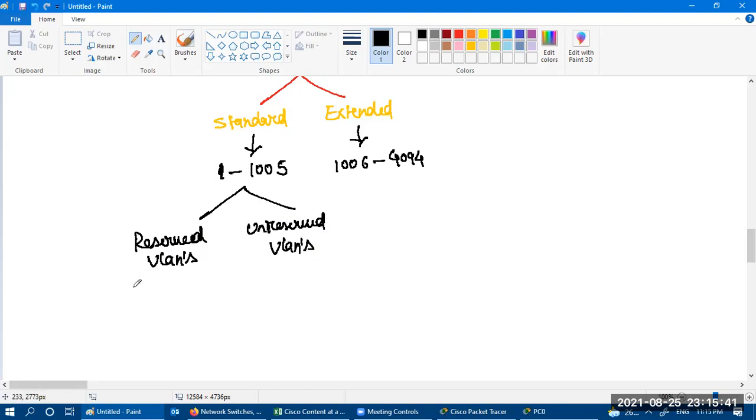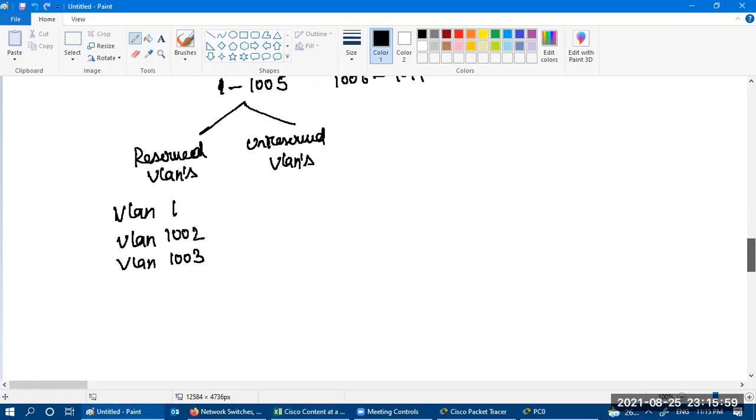So reserved VLANs range from VLAN 1, which is called the default VLAN, which is by default present inside the switches. Then VLAN 1002, VLAN 1003, VLAN 1004 and VLAN 1005.